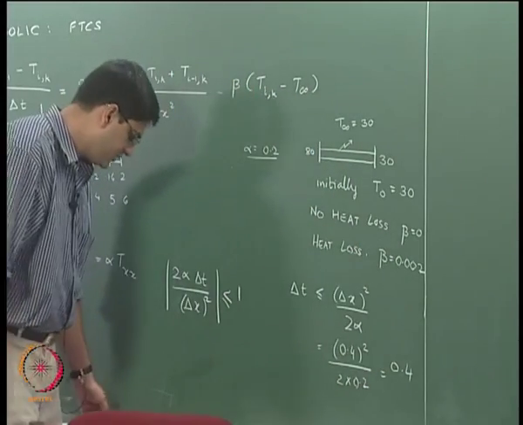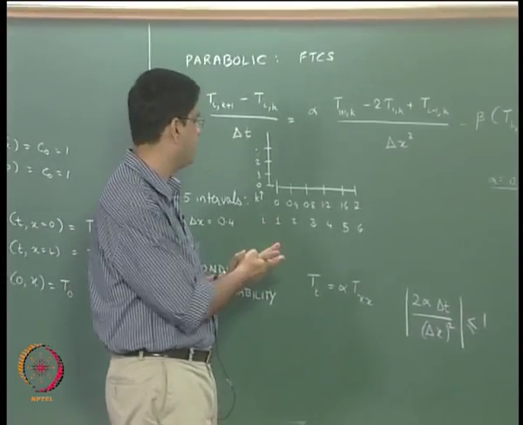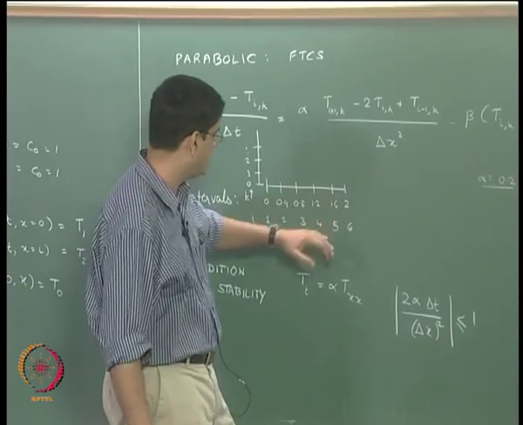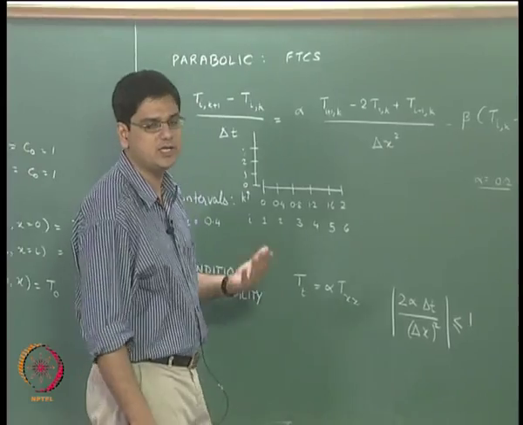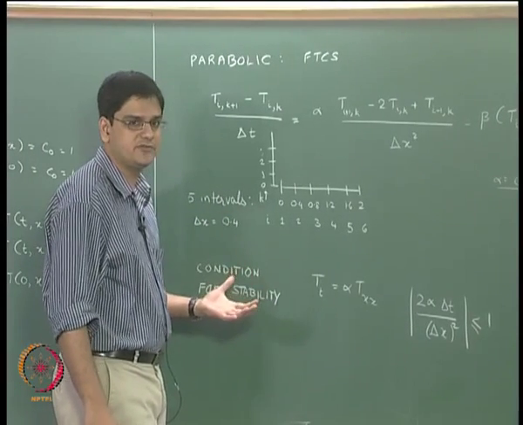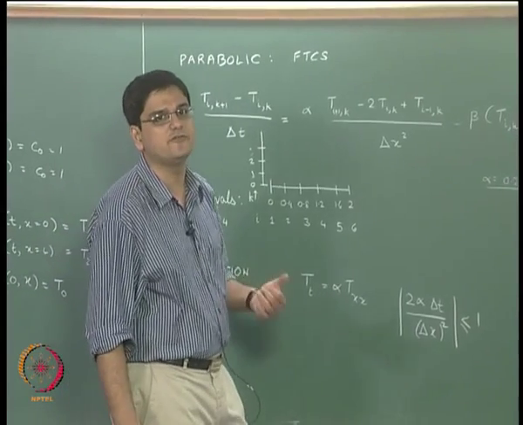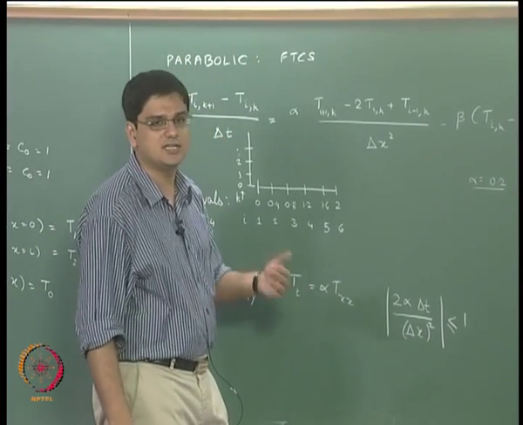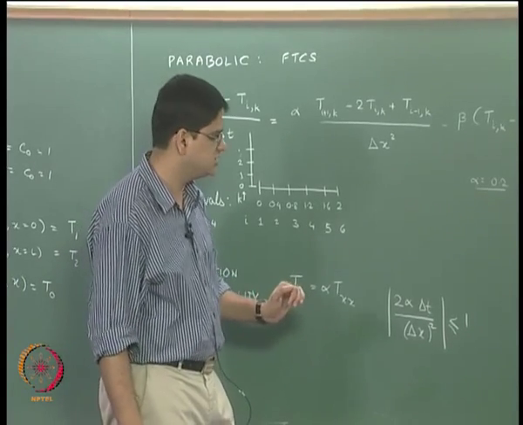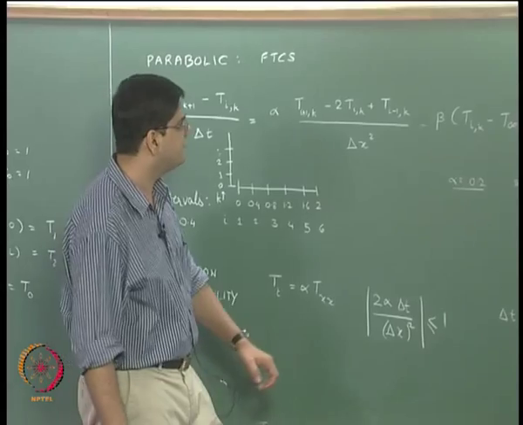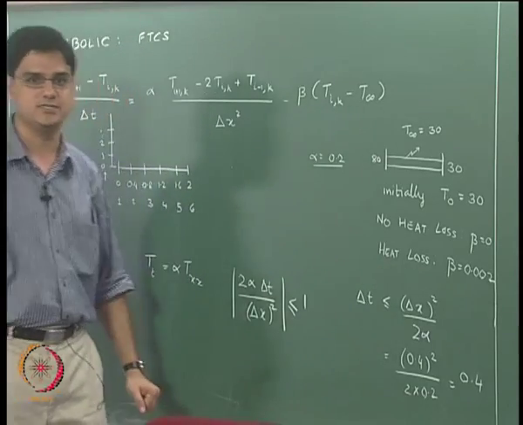Okay. So, what we are going to do is take several different values of delta t, for the value of delta x equal to 0.4, alpha equal to 0.2, and beta equal to 0. So, that is the first problem that we are going to solve. Then we will take a larger value of delta t and see what we mean by instability, and the third thing we are going to do is take our delta t under the stable conditions and solve it using Microsoft Excel with the actual problem that we wanted to solve, that is with beta equal to 0.002.